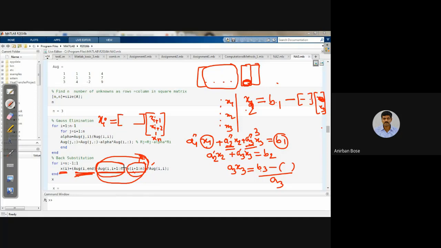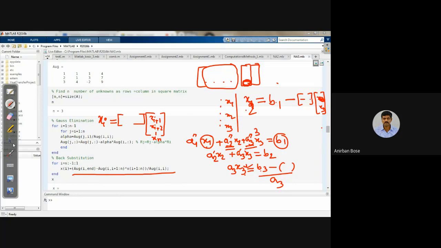But in a generalized form, definitely we can write it in this way so that it is satisfied for all the cases. But you have to start calculation from the 3 first, because if you do not know 3, then these quantities will not be known and the calculation will not be possible. So you have to start from 3 first and then 2, then 1. Then everything on the right hand side will be known quantities. So this is how this xi is to be calculated.